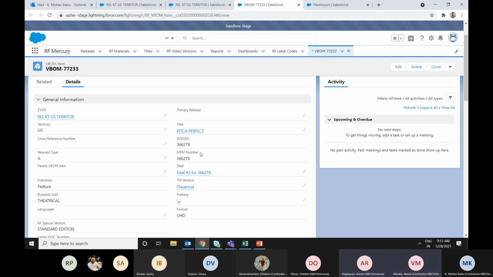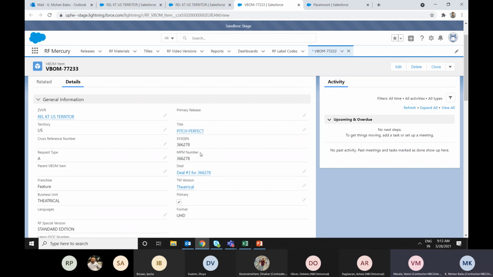Generally, no one will come and create a video version directly here. Everything will be done from the release wizard. Before explaining that wizard, we have to explain technically how these separate things work. From the release wizard, when we create the material itself, a video version will be created automatically.